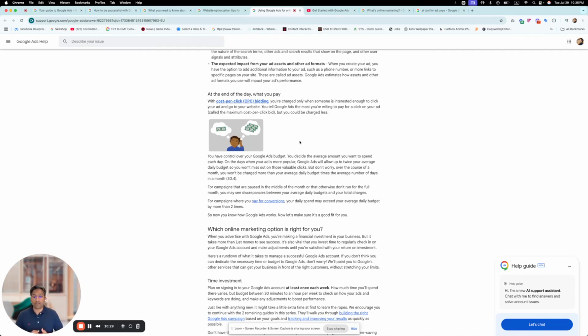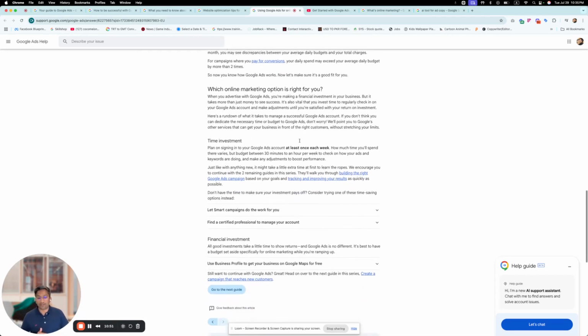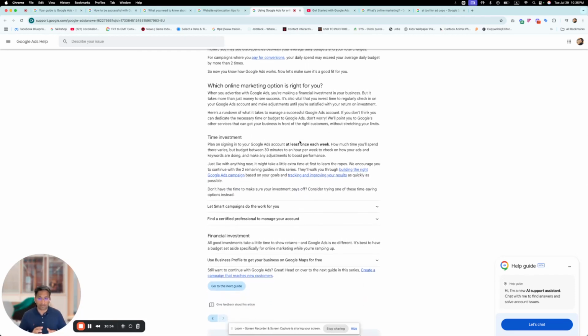The cost per click bidding is always going to be impacting you most. That means we are talking about the pay per click medium or pay per click marketing tactics here. So Google Ads is primarily driven by the search results. Search results appear based on certain keywords, and keywords are sold on the CPC based mechanism. And that's where you are going to be fighting for the position and the ranking there.